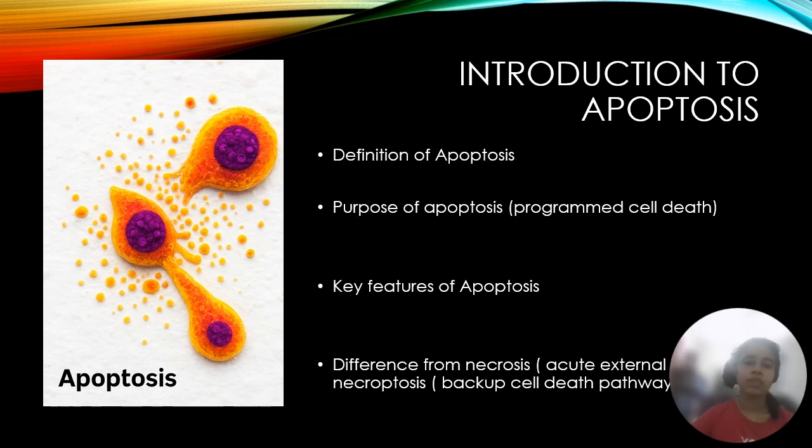Also, it's important for development. It eliminates a variety of tissues, like larval tissue in amphibians and insects during their metamorphosis stage. It eliminates the tissue between the digits in your fingers and toes. It helps in the development of the mammalian nervous system, where many of the neurons, when they develop, undergo programmed cell death. They die through apoptosis.